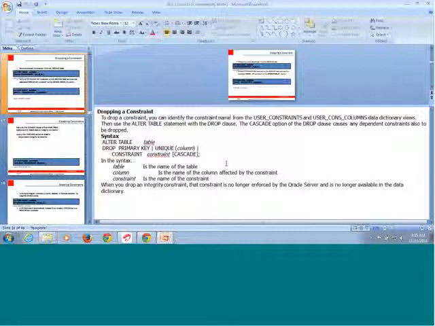So I'll restrict the thing, considering that I want to have this restriction applied on the child table. Cascading means it's going to carry forward whatever changes you do. Restriction means it's going to stop. It's going to keep the values intact in the child table, even if you delete any values in the parent.